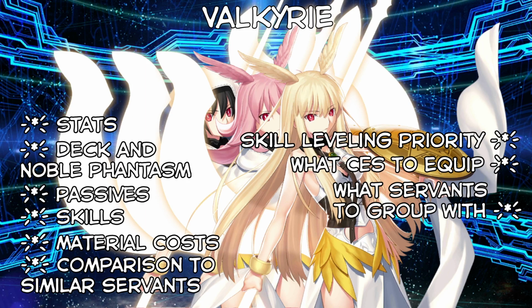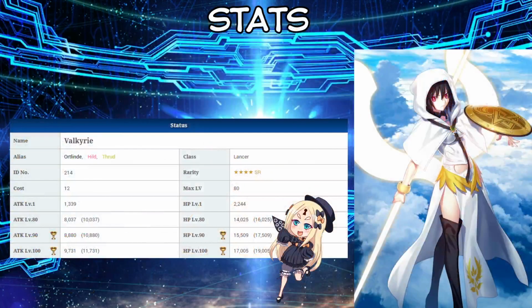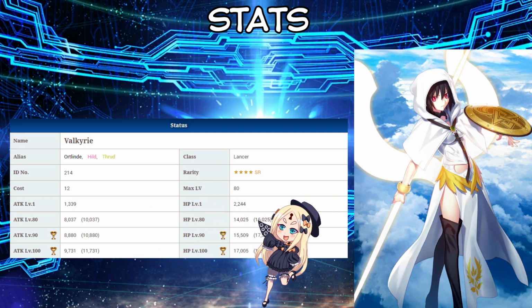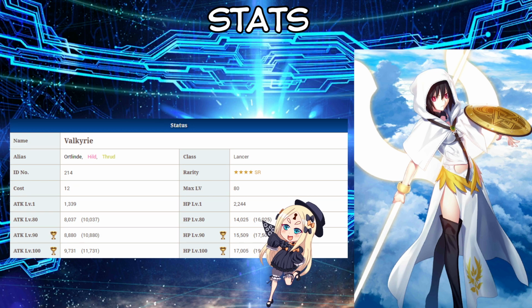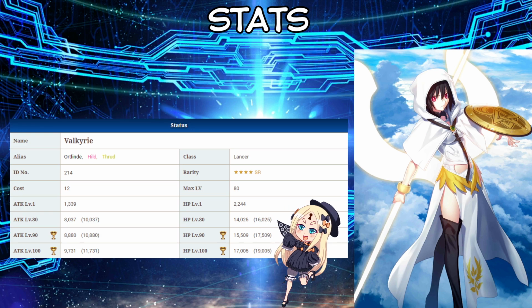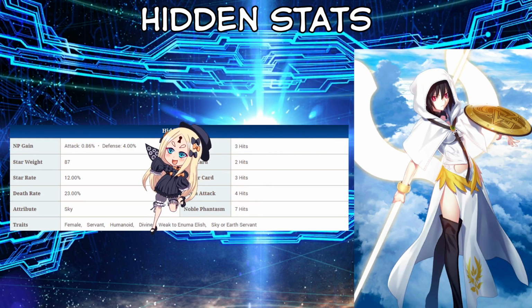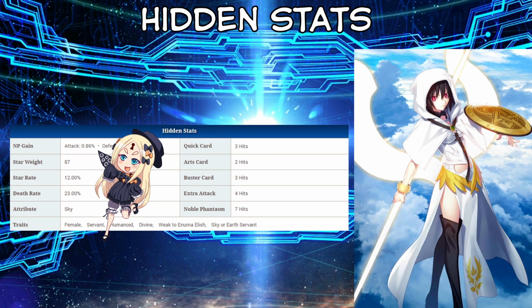Now on to the technicals with the stats. First off, Valkyrie is a 4-star AoE Lancer. She has, at level 80, 8,037 attack, making her the lowest attack statted 4-star Lancer in the game. Conversely, her HP at level 80 is 14,025, making her the highest HP statted 4-star Lancer. Low attack, big HP. Her hidden stats show that her NP gain is 0.86%, which is quite good, well above